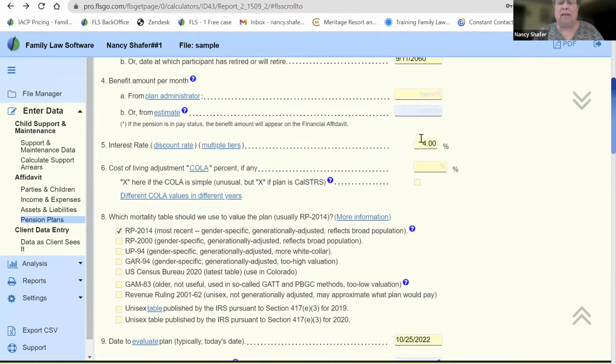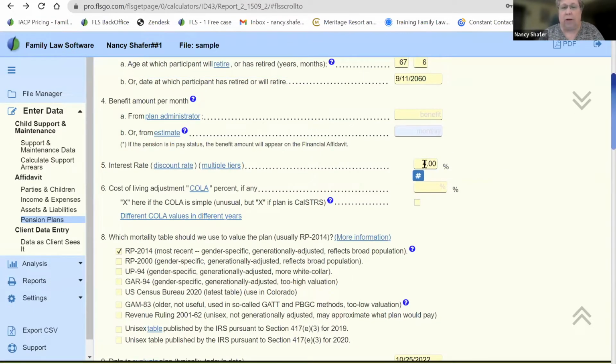Now, the next piece of information is the interest rate, also known as the discount rate. This is one of the pieces of information that is part of the actuarial art. This is a variable subject to the discretion of the appraiser, of the pension valuation expert, or if you're doing it yourselves, for you to decide. So we do have some help for that,